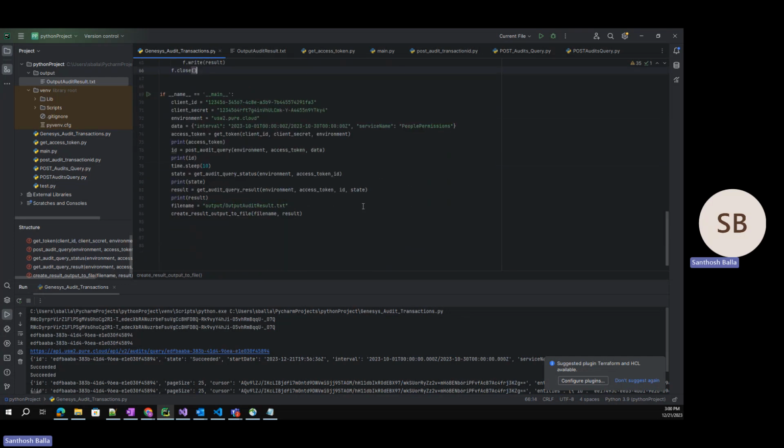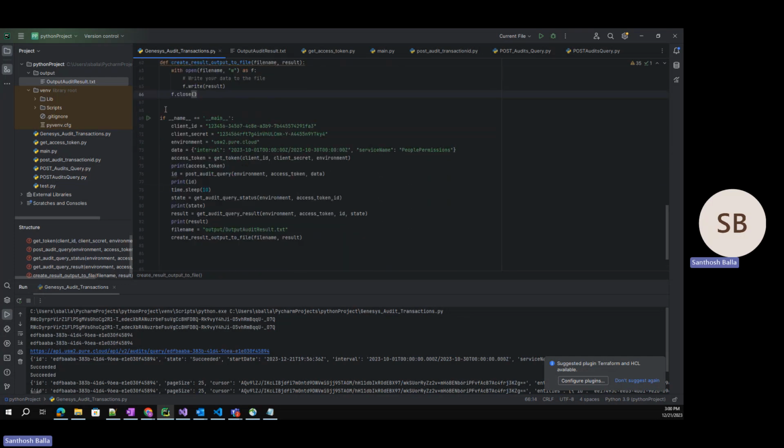So here's the main code where you call each and every function. Here's the access token that you've called. This is the data that you have to input, which says that it's people permissions and the interval between the start and the end period. So you can change this. You can change this start and end period,